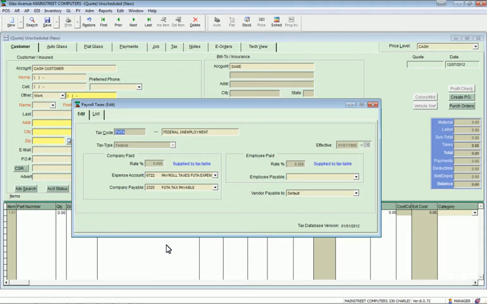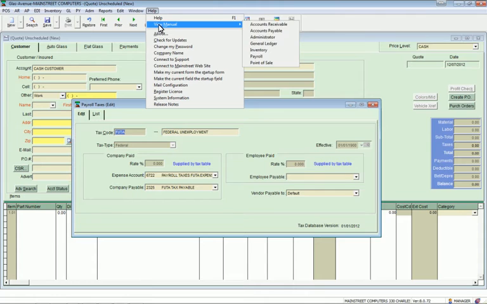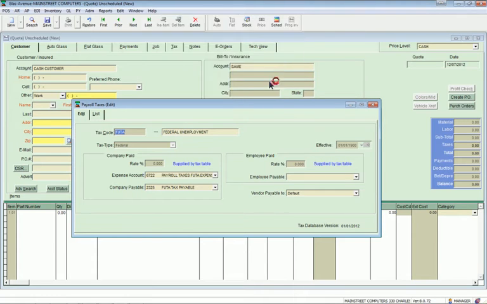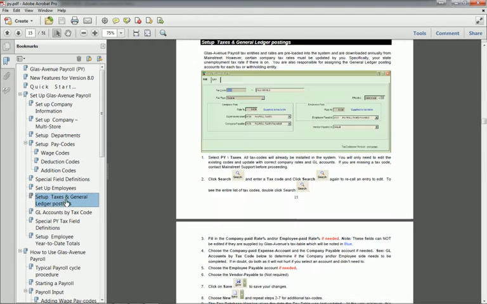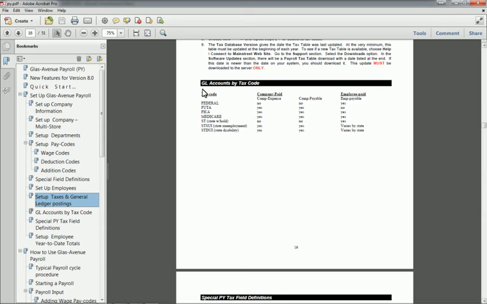So if you're not really sure of who pays what, it's okay to just fill in both sides. It won't hurt anything. So if this FUTA here happens to be one that's only paid on the company side, and you had filled in that employee payable, it wouldn't hurt anything. However, if you want to only set up what you have to, and you're again not sure, you can check our manual. So if you go into help and view manual and then choose payroll, and then if we just go here to the setup taxes and general ledger, and we'll just scroll down just a little bit,